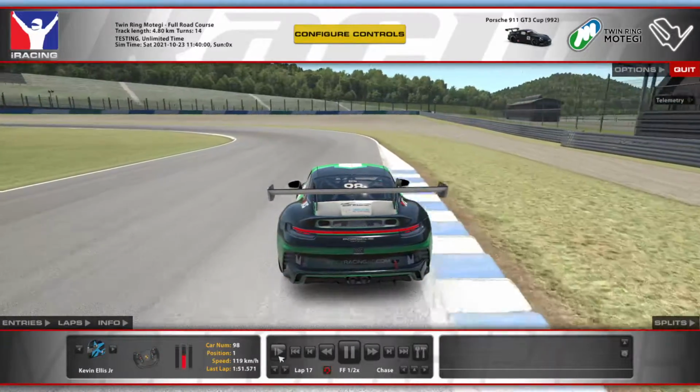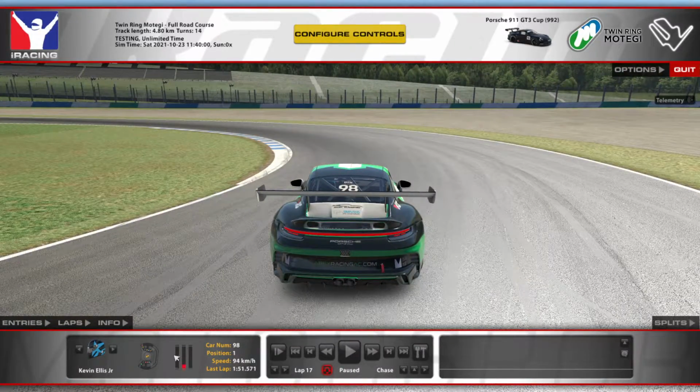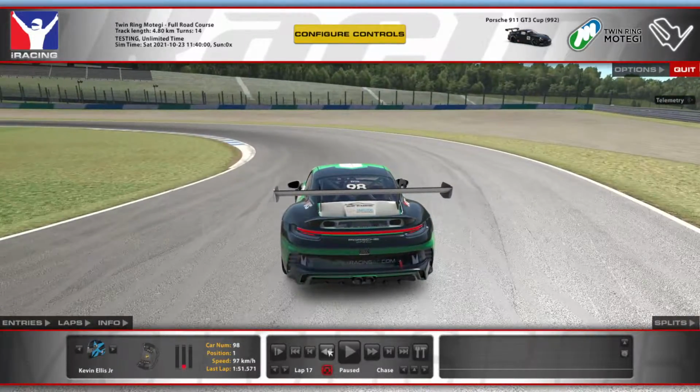gear. Again, using just a little bit of curb on the outside, but it can sort of upset the car at lower speeds. So I didn't really feel a need to do so through this corner, but you can see we're going to hold brake on the entire way. This is why trail braking is so important, especially in a car like this. If I was just to drive it in a little bit slower, so say I'm doing 143 here, if I was doing like 130 instead, and then as I get to, say here, rather than being on the brakes, I'm